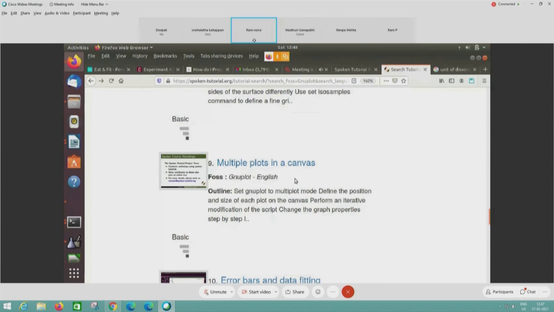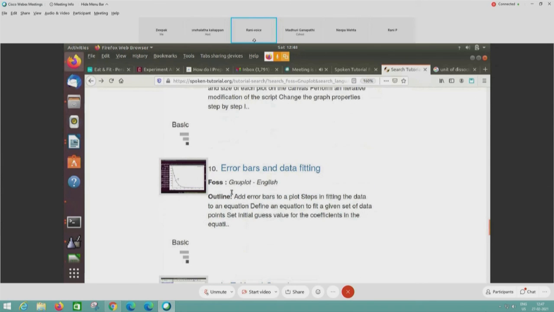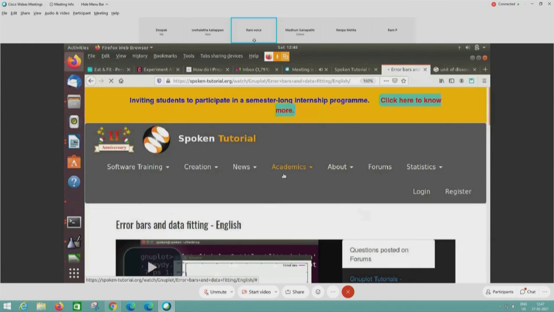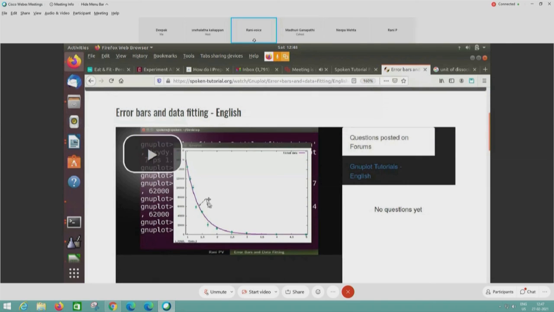Multiple plots in a canvas will show an advanced feature of GNUplot where we can plot many plots in one piece of paper or one page of paper. Error bars and data fitting is when we have data errors and we can fit our data and we can annotate, we can write on the graph, we can draw on the graph.